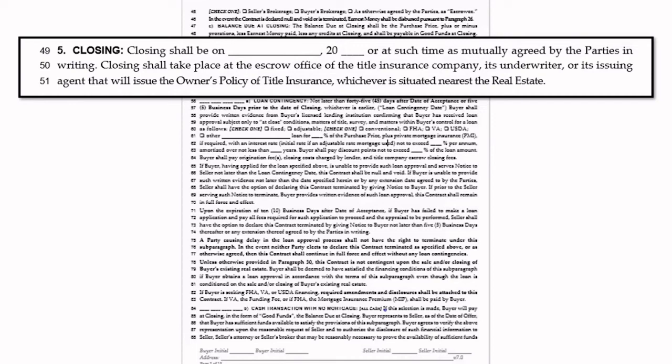So you're the buyer agent. When does your buyer want to close on this transaction? You're going to see in just a couple of minutes that there are 45 days after the date of acceptance to get the mortgage, or 5 business days prior to the date of closing. But the issue here is that often the sellers aren't even wanting to close before about 60 days. Your buyer's usually not ready to close before about 60 days, but you need to talk to the lender, because